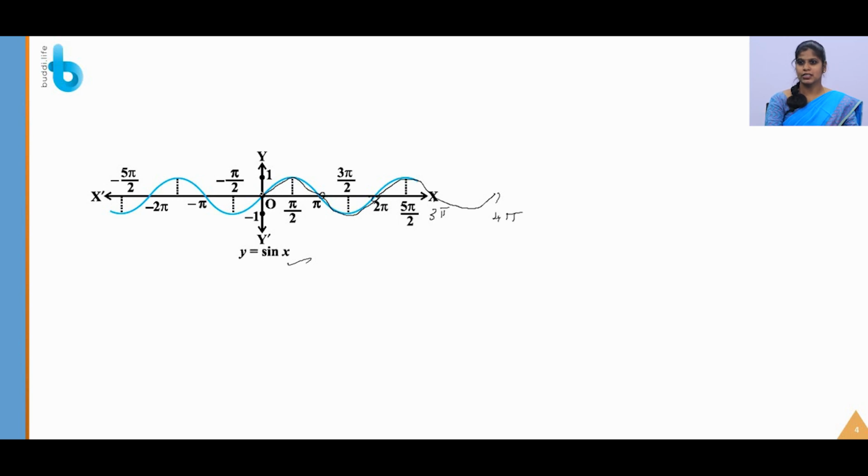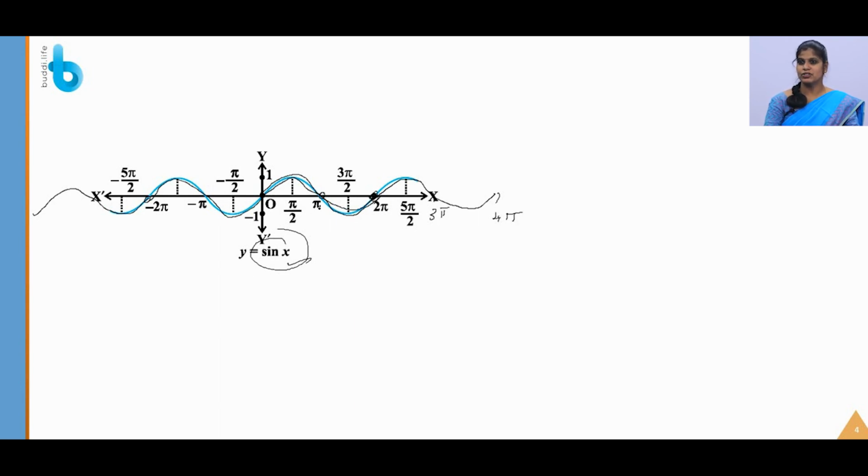That is, the curve gets one complete rotation here. This is called a period, where the curve gets a complete rotation. After that, it is just getting repeated. See here also on the negative side, from here it is just getting repeated. So the period of the sine curve is 2 pi. And in cos also the period is 2 pi. If you refer to the cos curve and the tan curve, you will understand that.